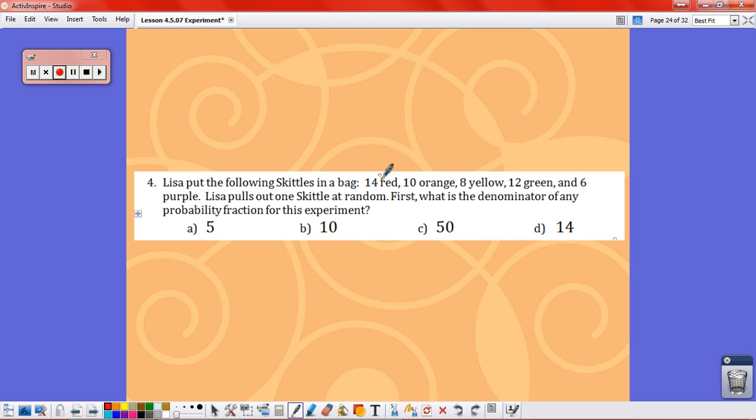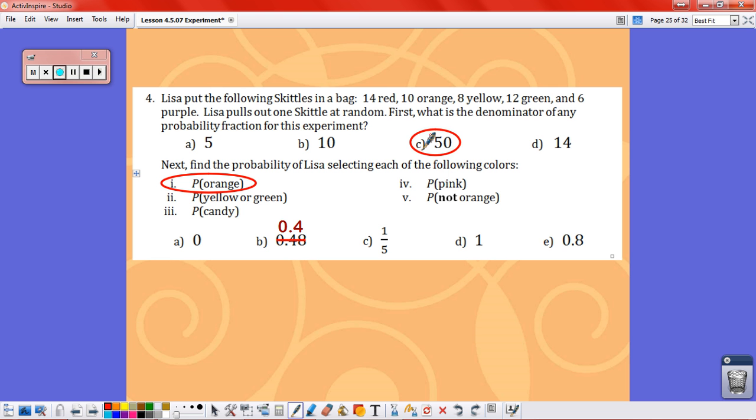Okay, Lisa put the following Skittles in the bag: 14 red, 10 orange, 8 yellow, 12 green, and 6 purple. She pulls one out at random. What is the denominator of any probability fraction for this experiment? Before simplifying, you add them together. 14 plus 10 plus 8 plus 12 plus 6 is 50. So knowing that 50 is the denominator,